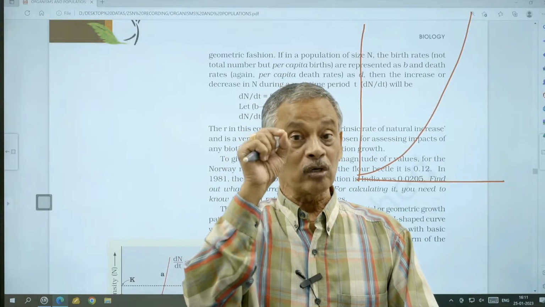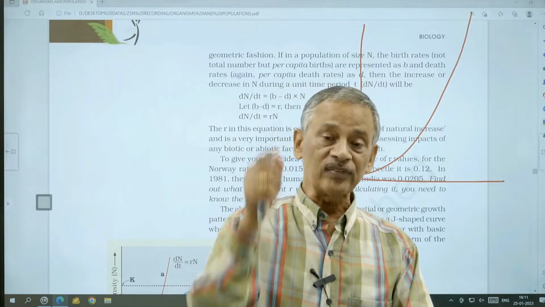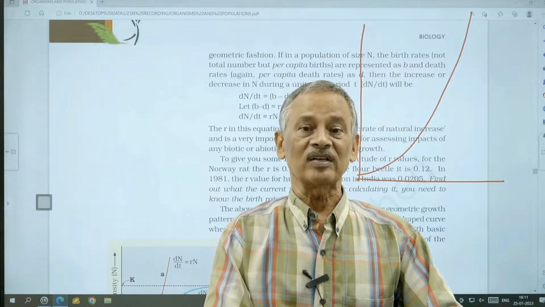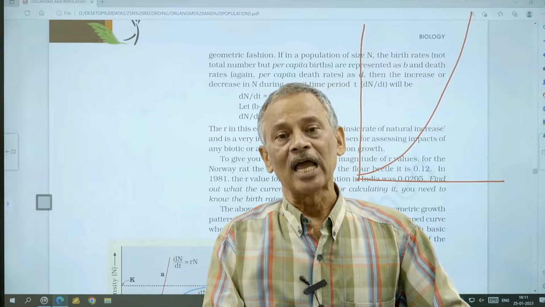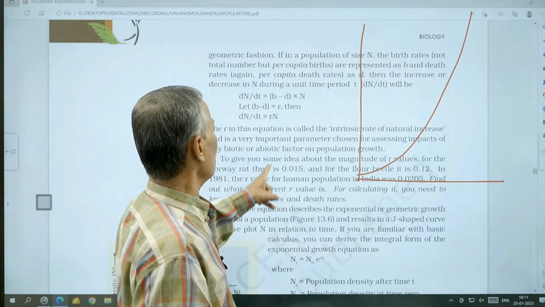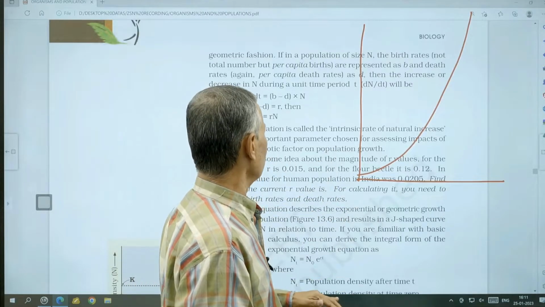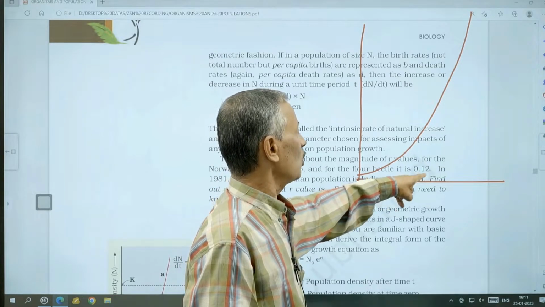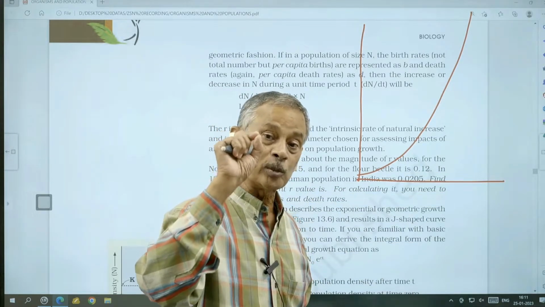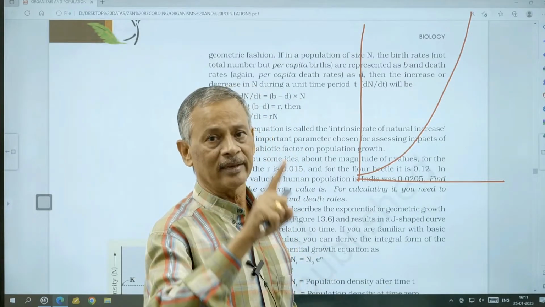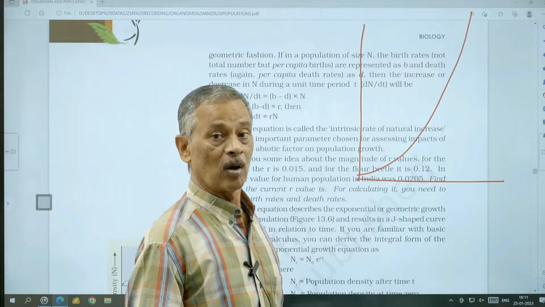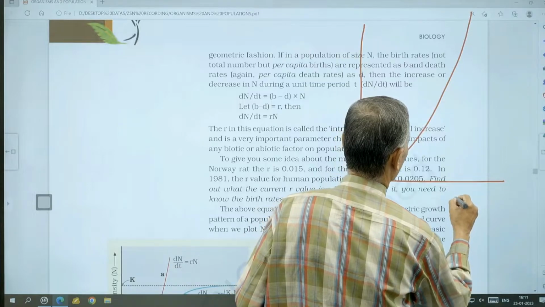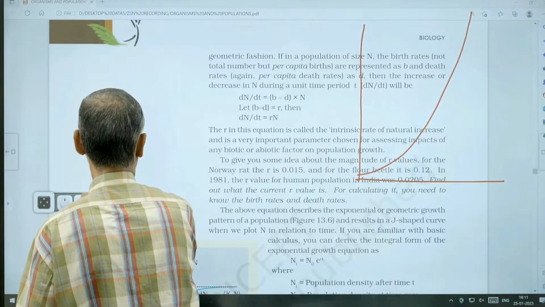What is this biotic potential or intrinsic rate of natural increase? What is the contribution of one member of that population in this increase in population? That is what is called intrinsic rate of natural increase. For example, the intrinsic rate of increase in population of man is 0.0205, meaning that is the contribution of one individual, one man in increase in the human population. That means if you remove the decimal we get 205